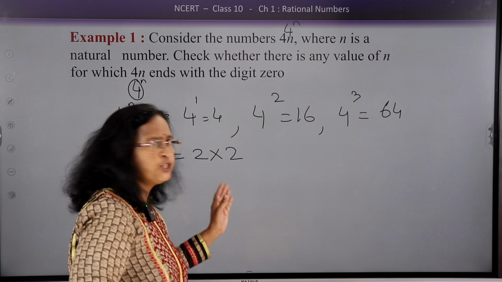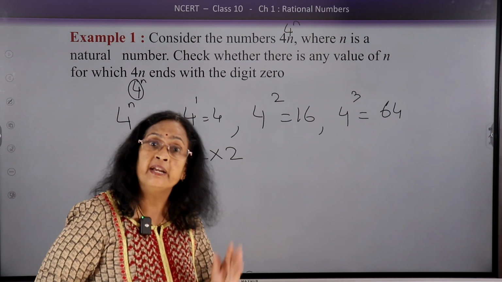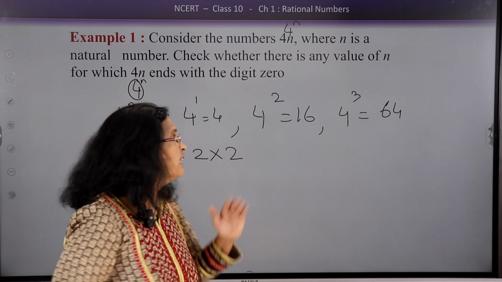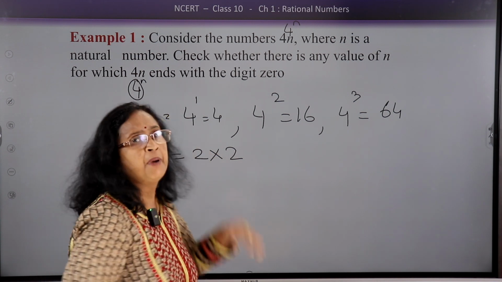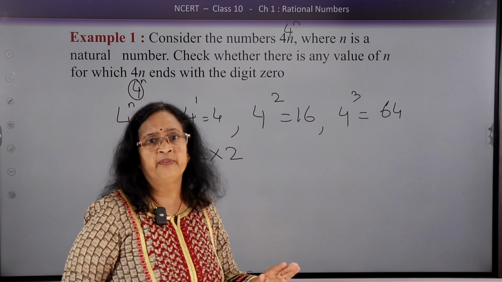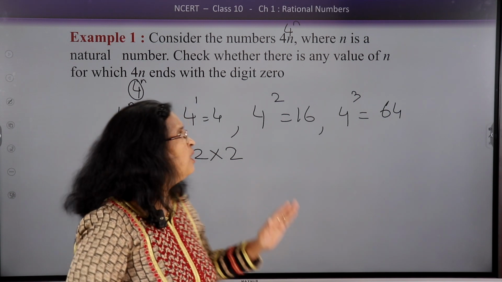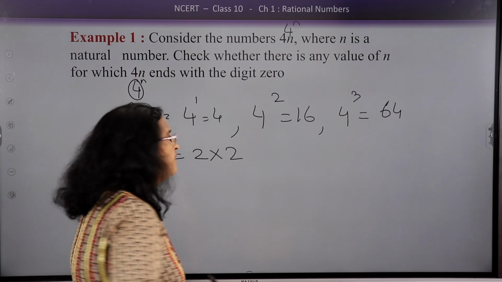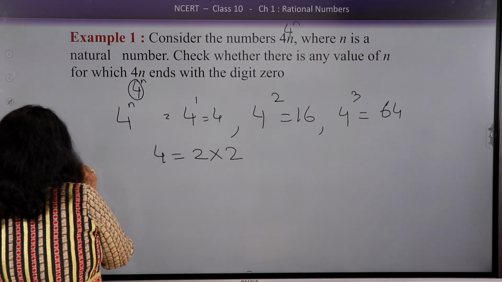Here it is only 2. We need 5 also. Unless we have the factor 5, the number 4 to the power n cannot end with 0. So how can we prove this, that it does not end with 0? We will write that